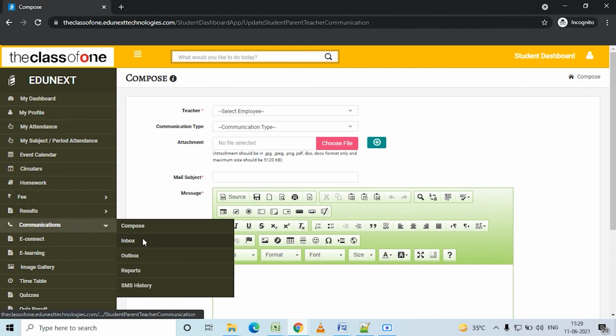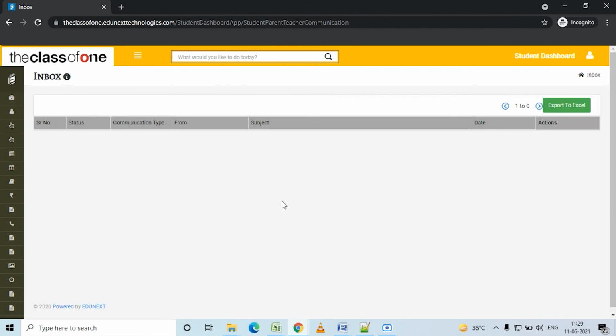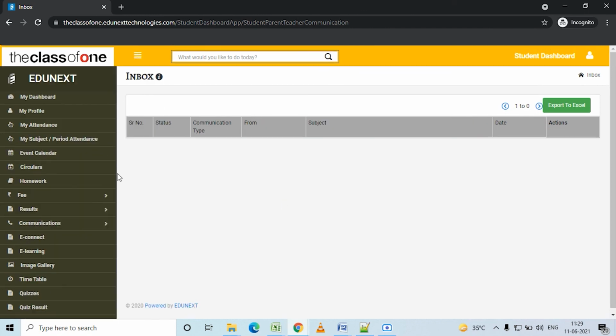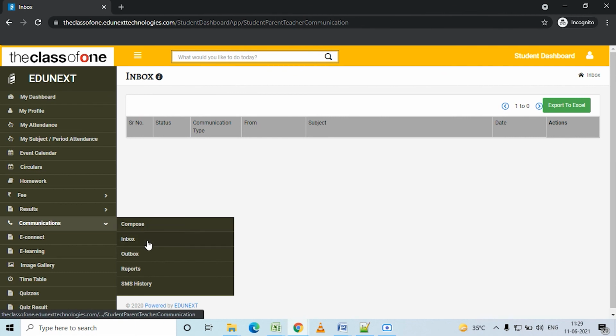Another button is Inbox. The student can check all the messages coming from the school. Outbox is like email. The student can check all the outgoing messages which he has sent to the school.